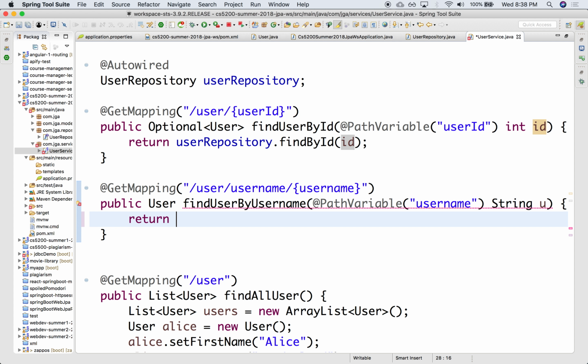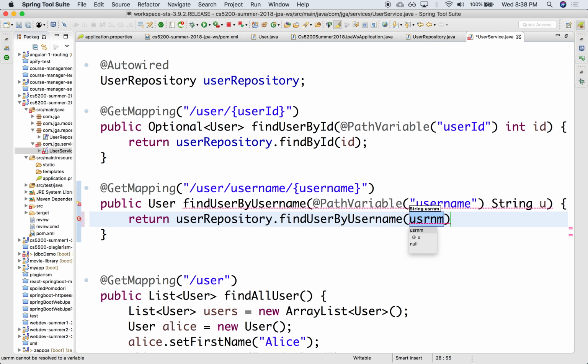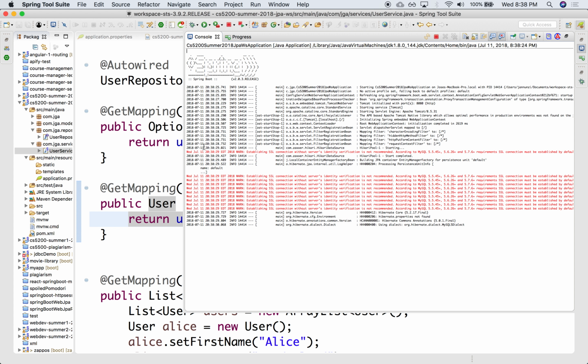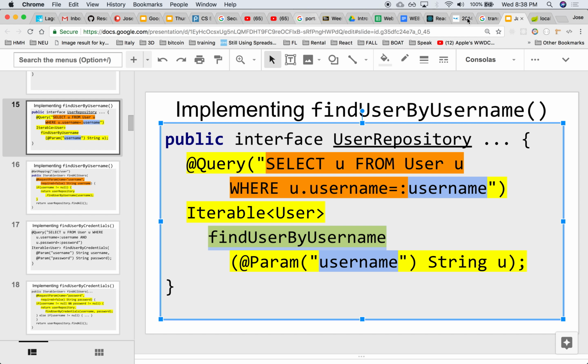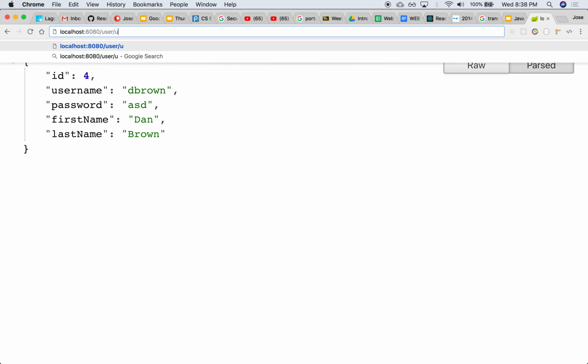And here you would say return user repository, and then the find user by username. There it is. And I'm going to pass as argument the u string. Everybody okay? All right, so let's try that out. Let's restart. And here now I can say /username